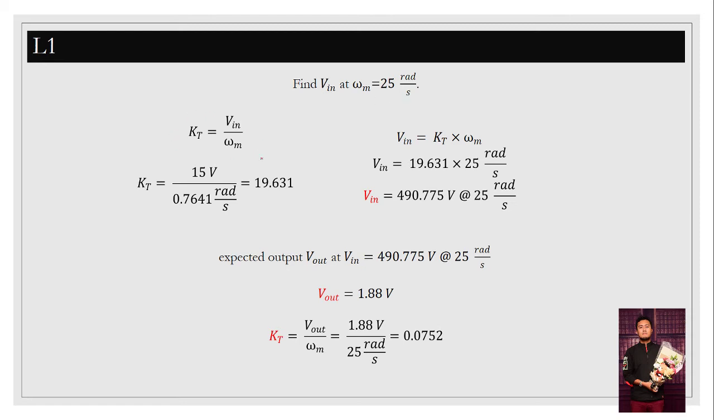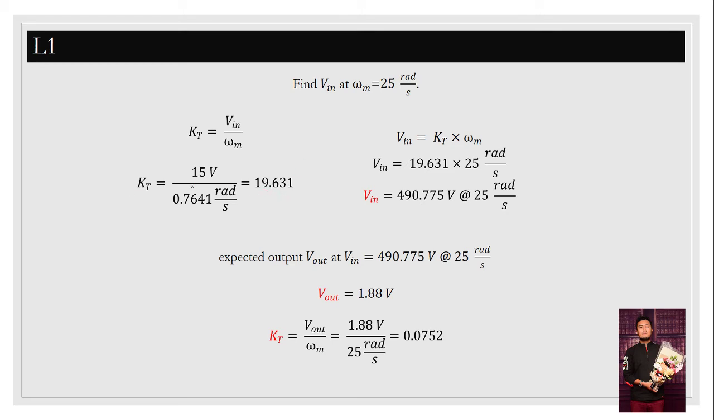So in this problem, we are going to use the formula Kt equals to voltage input divided by the angular velocity of our target specification. We input what we want, so we decided to input 15 volt divided by 0.7641 radian per second. This is what we get when we input the 15 volt into the model. We get the tachometer reading, tachometer gain